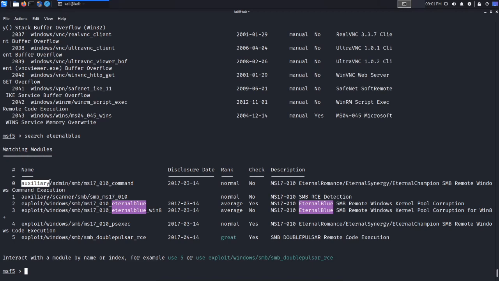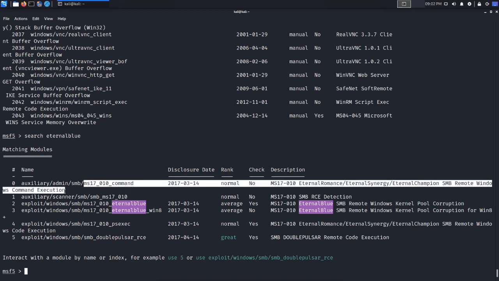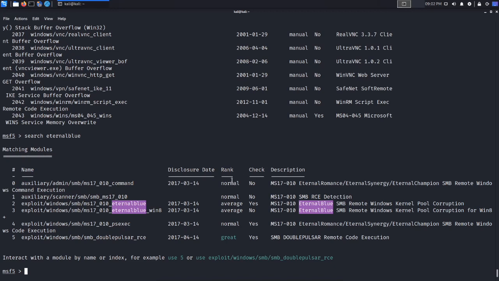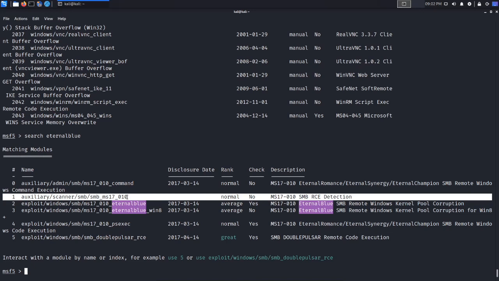At the top level, we have auxiliary modules, which are used primarily to perform scans. You can see this is an auxiliary module of type admin. It's an SMB module, and it's based off the MS17-010 command execution exploit, and it just gives you information regarding that particular module. In regards to the auxiliary scanner, you can see it right over here. This is an auxiliary module, and it's of type scanner, and it's based off the SMB protocol, and of this particular exploit, the SMB MS17-010. And this is used to check whether a system is vulnerable to the Eternal Blue